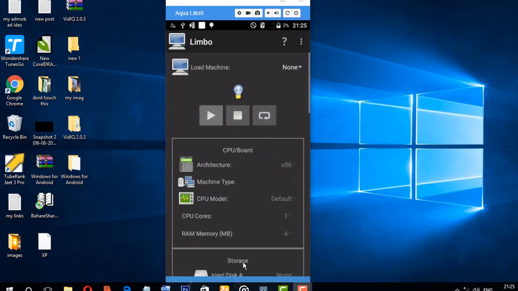So this is the Limbo first page, and before starting this Limbo application in your phone, you need to download one image file. I give the link in this YouTube video description. So let's start. What we will do, firstly go to load machine,